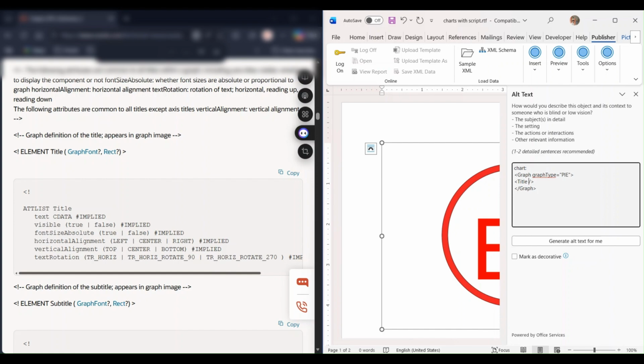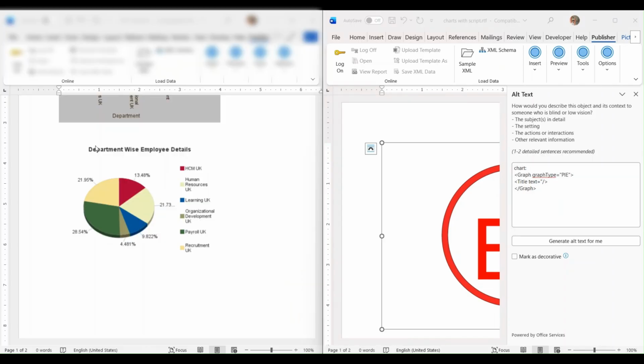Inside the title we have the text attribute. I am taking the text attribute. Text equals, what is the text we have given previously. This is the text we have given previously, department wise employee details. I am writing that here,